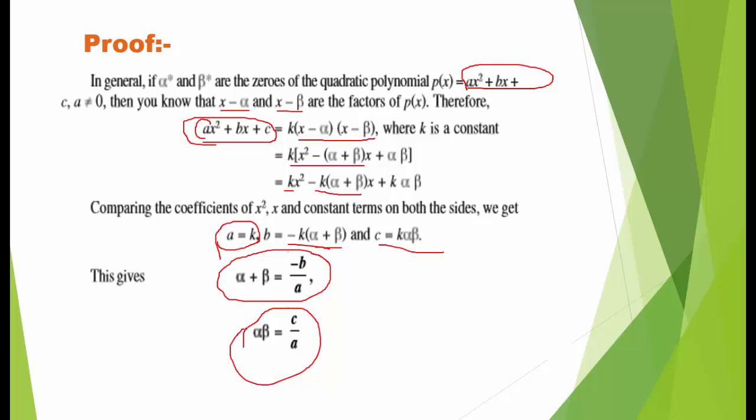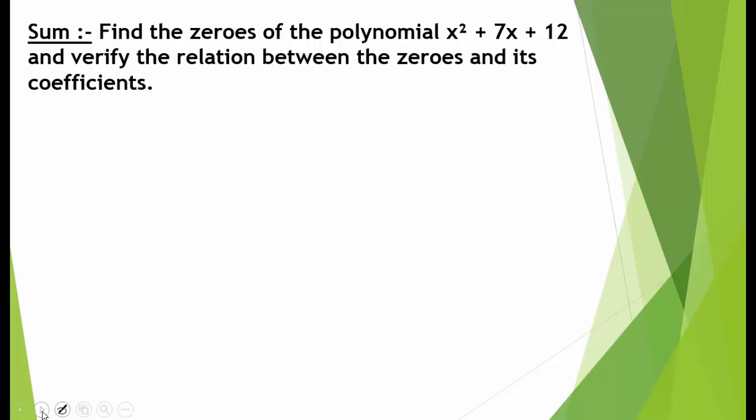This is the proof of sum of zeros and product of zeros. You have to note, आपको ये नोट डाउन नहीं करना है अपनी नोटबुक पे, this is just only for your understanding. Now our first sum is: find the zeros of the polynomial this and verify the relation between the zeros and its coefficient. So सबसे पहले हमें क्या करना है, first of all we have to find the zeros of